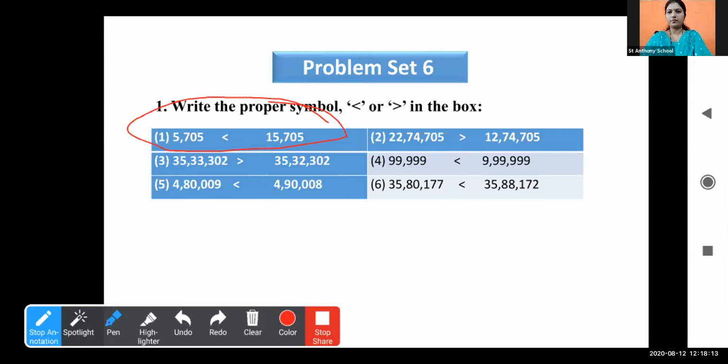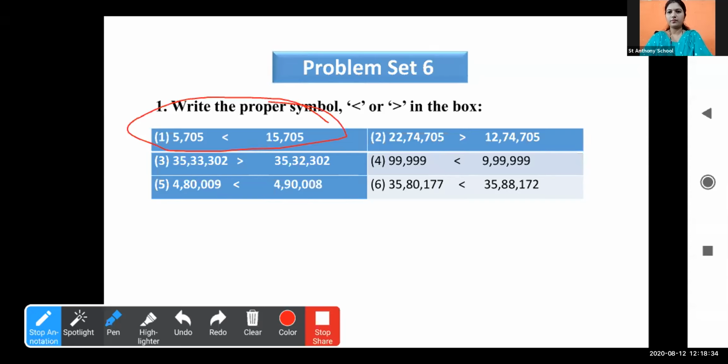Now, what is the difference between these two symbols? If the number is bigger, we are giving two sides to that number, and if the number is smaller, we are giving one side. If the number is big, it will get 2 points, and if the number is small, it will get the single one. Big to the big, small to the small.